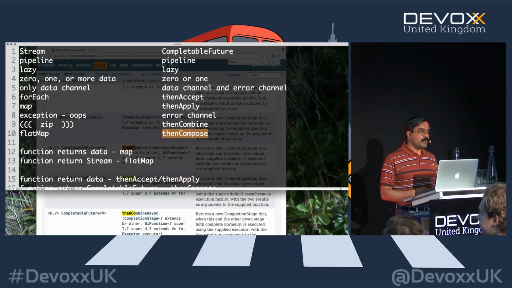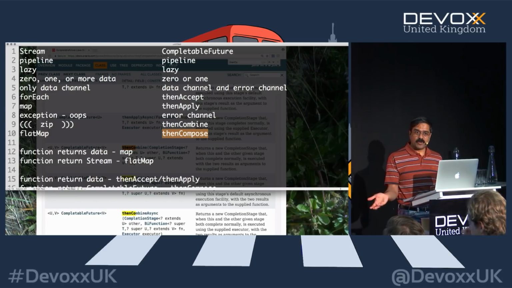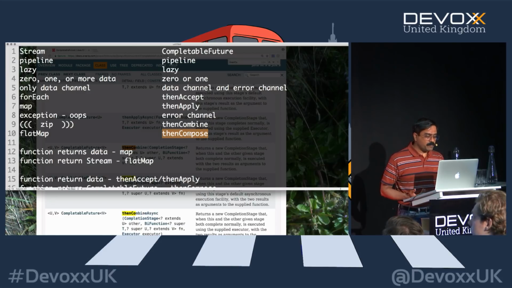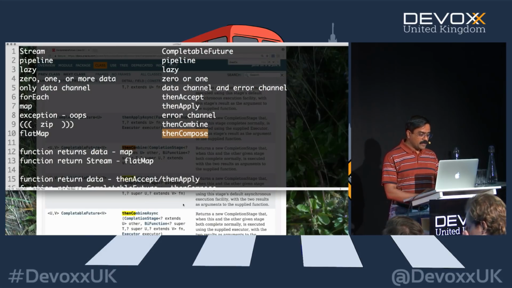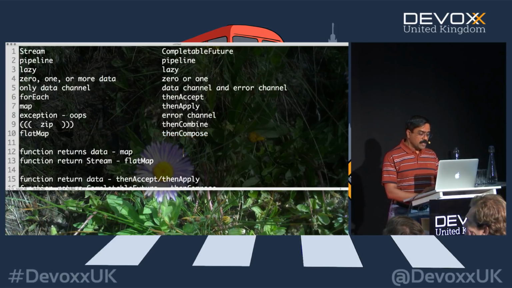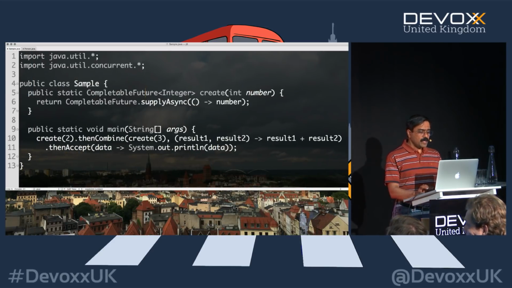So in other words, what we want is a function that in turn is going to return a completable future. To illustrate this point, let's do it the wrong way, and then we'll make it better in this example. So let's give it a try with an example right here. Let's go back to this code. This guy is returning a completable future, as you can see.